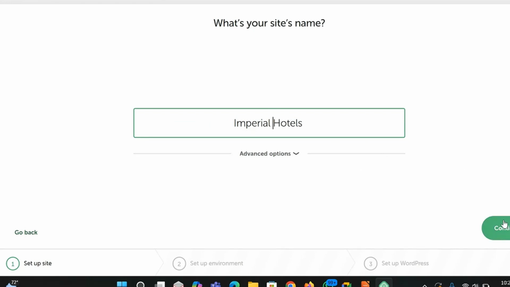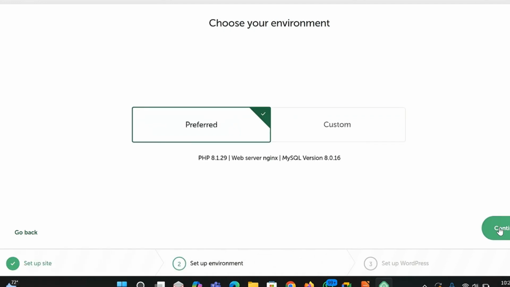So Imperial Hotels, when I click continue, you see there are steps here: set up a site, set up an environment, and set up WordPress. What's your site name? You click on continue. Then it says the site is done. Then I'll set up the environment. It says choose your environment, preferred and custom. Under preferred, it has chosen for you the most preferred PHP version. These are the parts that make up a server, and these are the configuration of our local server. So Local has chosen for us the most...